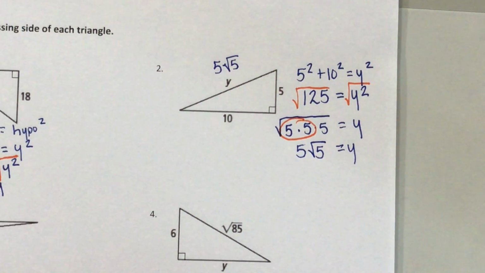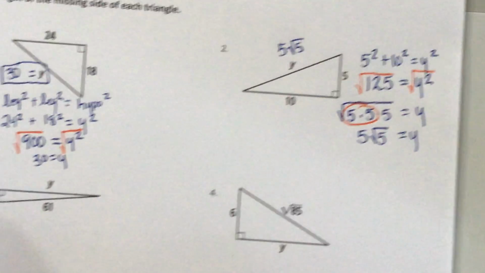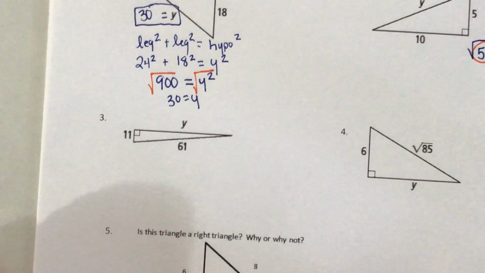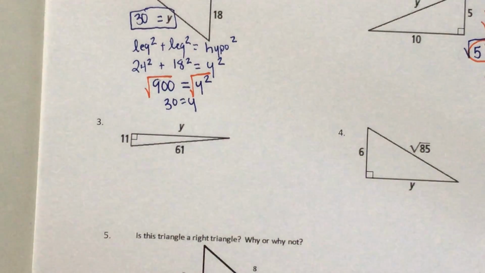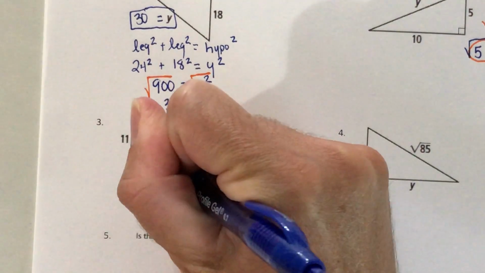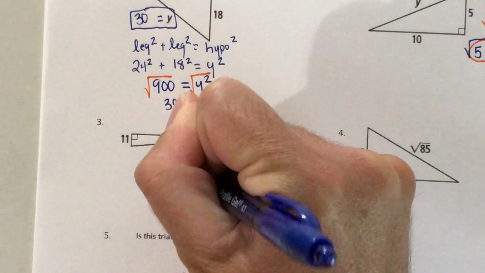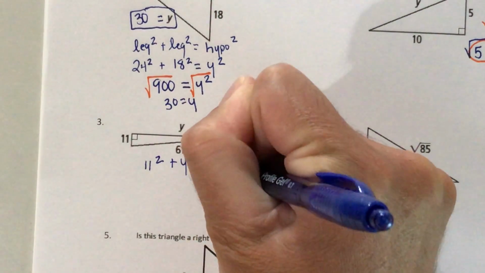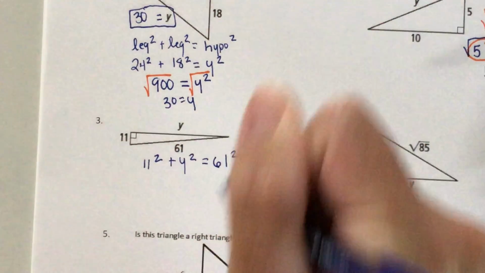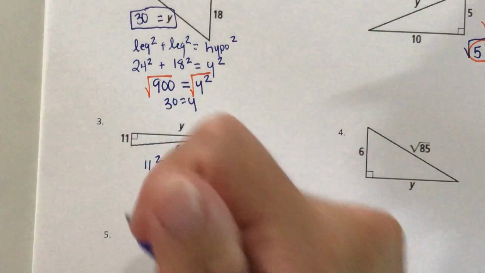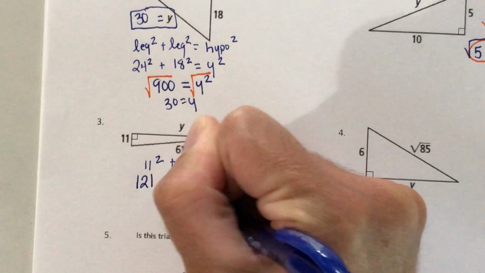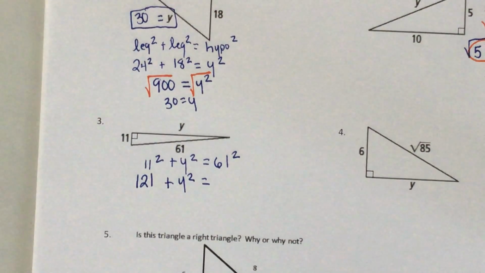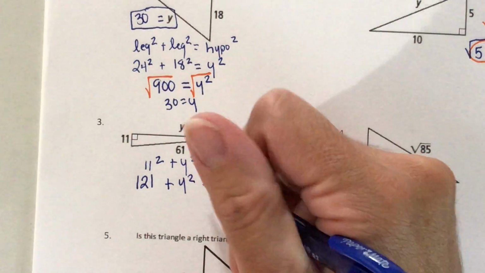Okay, let's take a look now at number 3. So in this situation, we're trying to find y, which is a leg. So 11 squared plus y squared equals 61 squared. 11 squared is 121. And 61 squared is